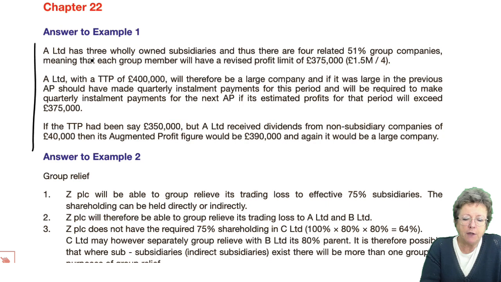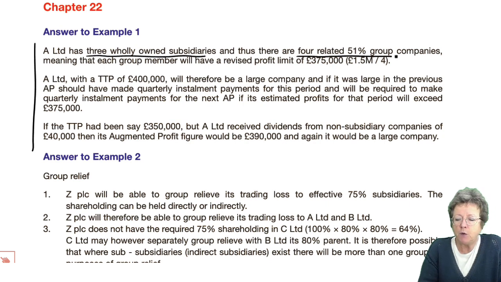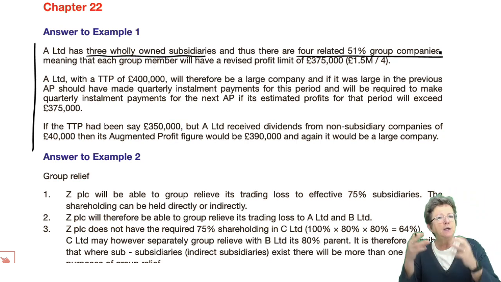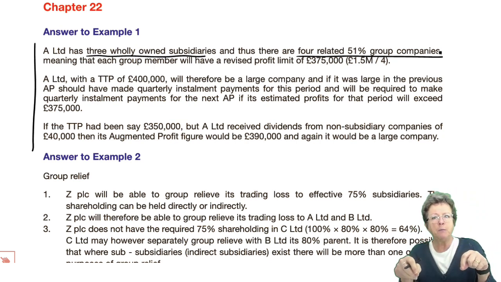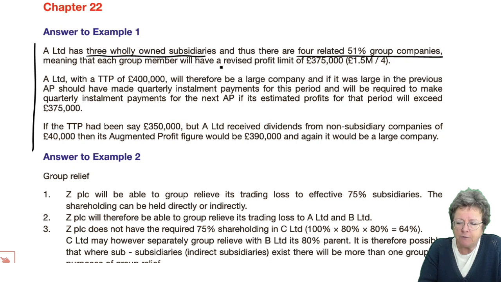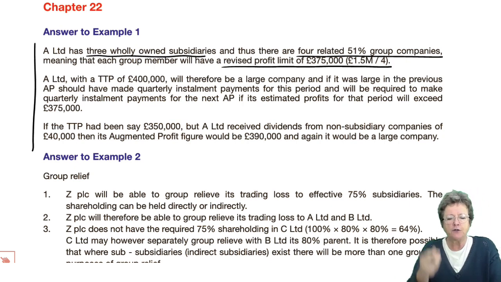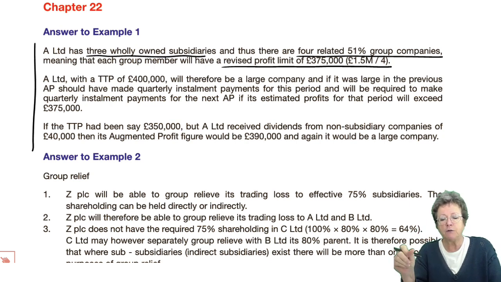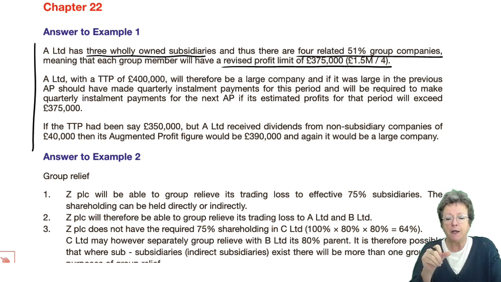So there are 3 wholly owned subsidiaries, thus 4 related 51% group companies. You notice the technical terminology that's been put in this answer. If you could adopt that in your exam, that would be wonderful, because the examiner would think the student really knows what they're doing. Okay, now the profit limit, the revised profit limit, I like the use of this main term. So 3 wholly owned subsidiaries, 4 related 51% group companies, revised profit limit